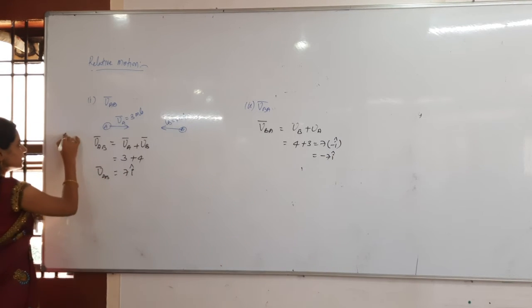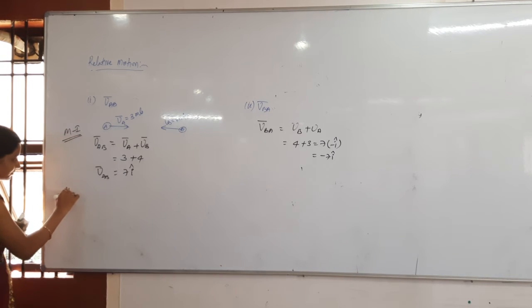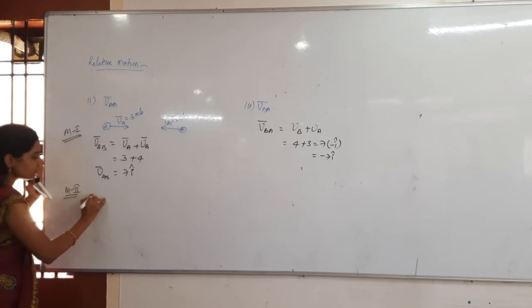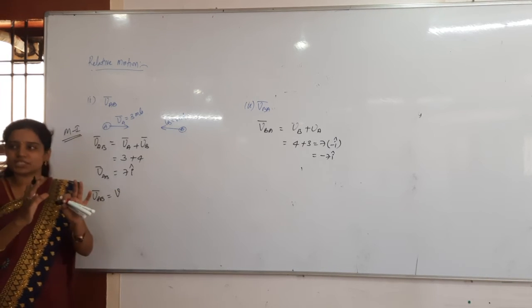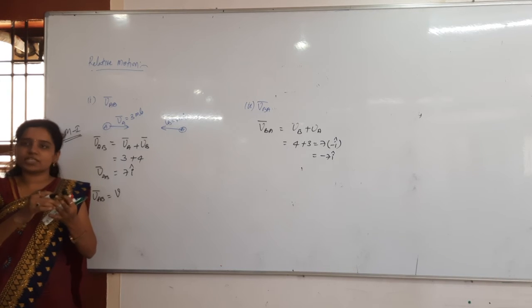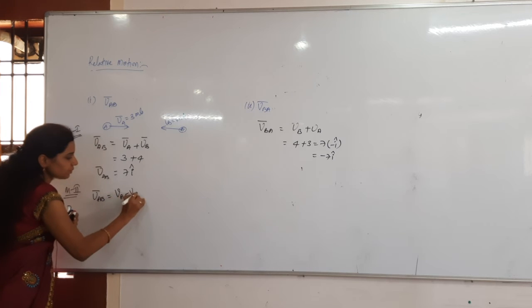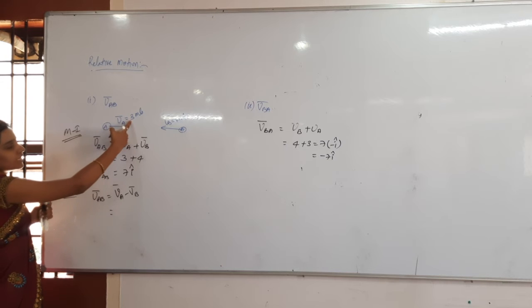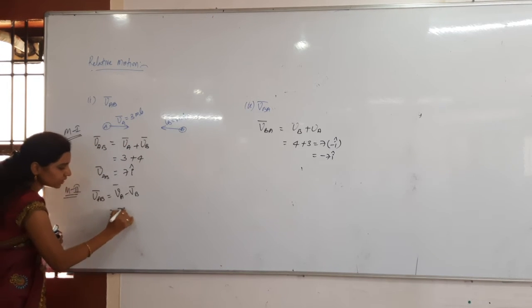Let me take another method. This is method 1, by the velocity of approach. Then method 2, I will just take the relative velocity formula. Listen here, later on you can write. VAB bar is equal to, what is the general formula? Whether they are approaching, receding, or in the same direction, whatever it might be, the general formula is VA minus VB. Velocity of A is 3 meters per second in which direction? Positive x-axis.